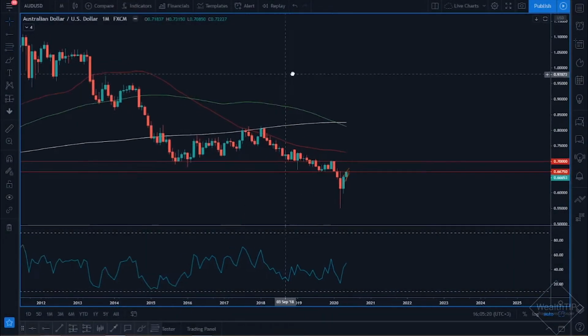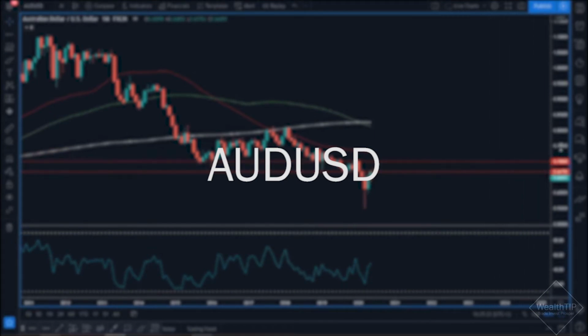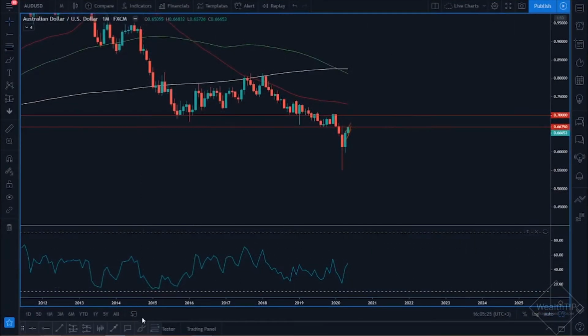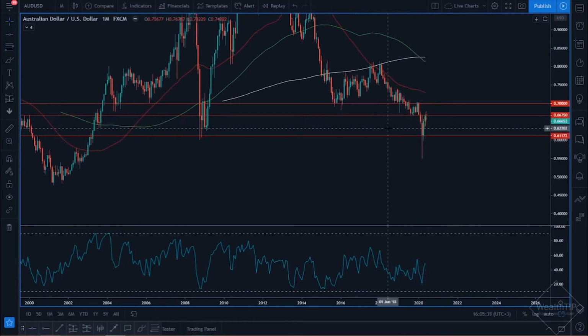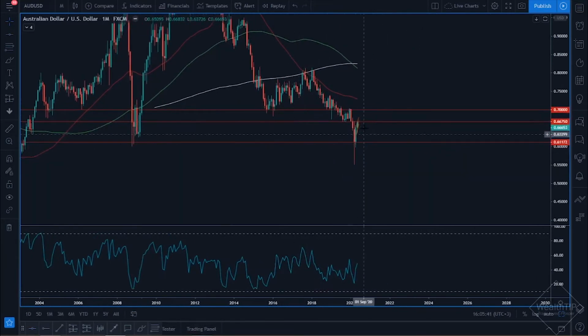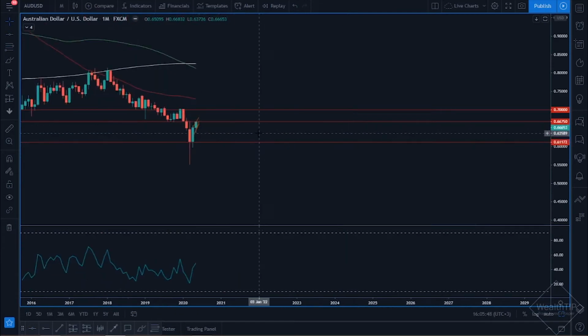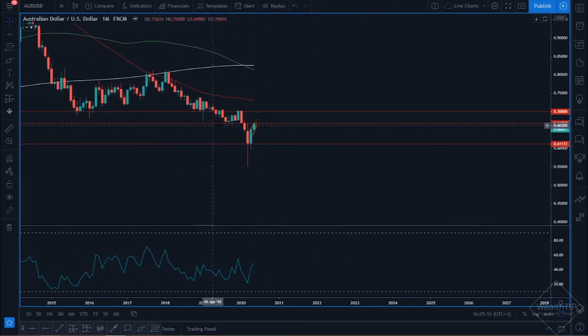Okay, guys, so our next pair is going to be the Australian dollar, US dollar. Notice the first thing that catches my eye is the fact that we have this nice bullish engulfing pattern over here. Why that is so significant is because if we were to highlight a support zone, what we can see is that this bullish engulfing pattern appears on a monthly support. So this is actually a monthly reversal signal, implying that the market does in fact have the capacity to break this level of resistance, ultimately running all the way to potentially testing this key level of resistance over here at 7,000. Alternatively, if we break that, we are running all the way to this moving average over here.